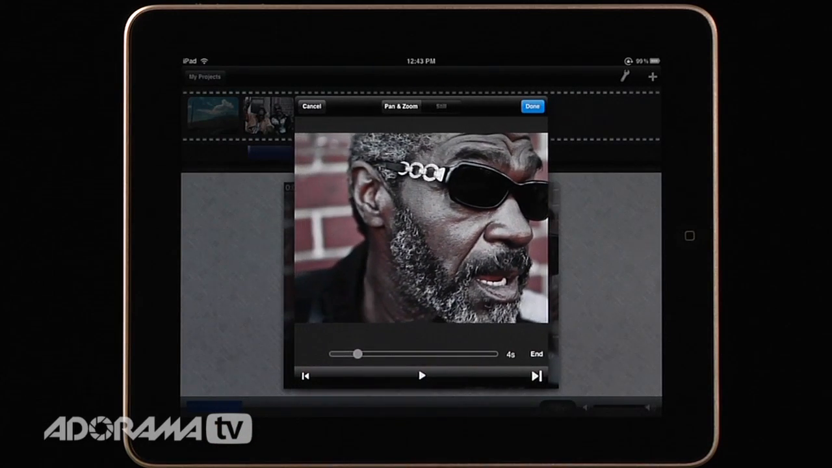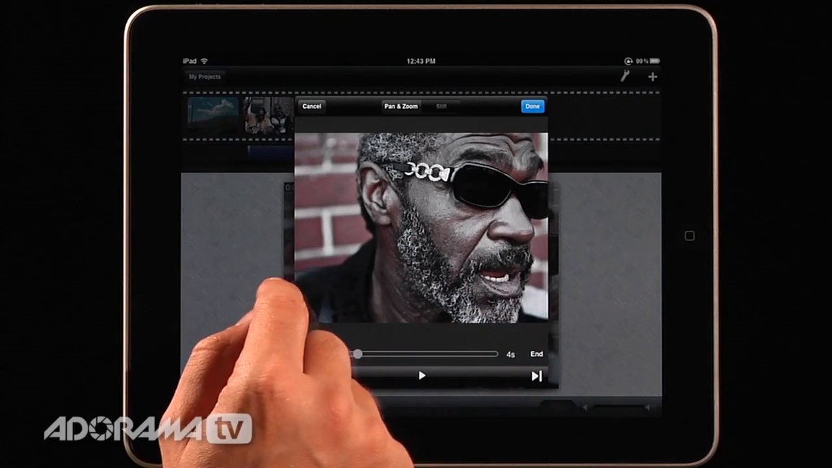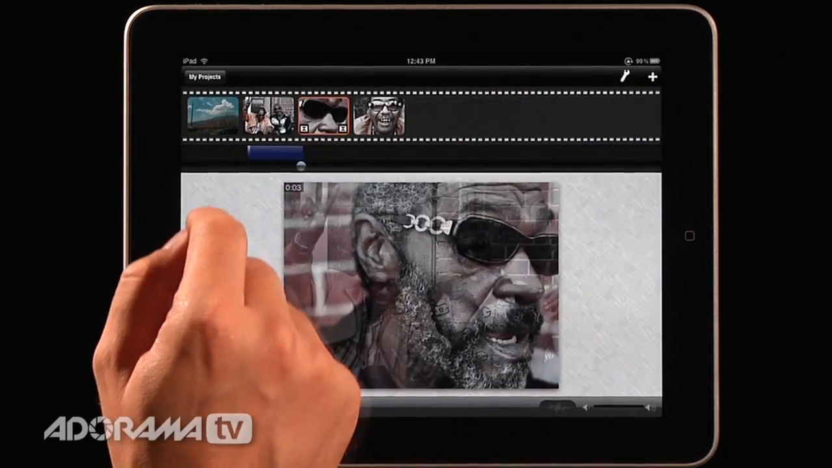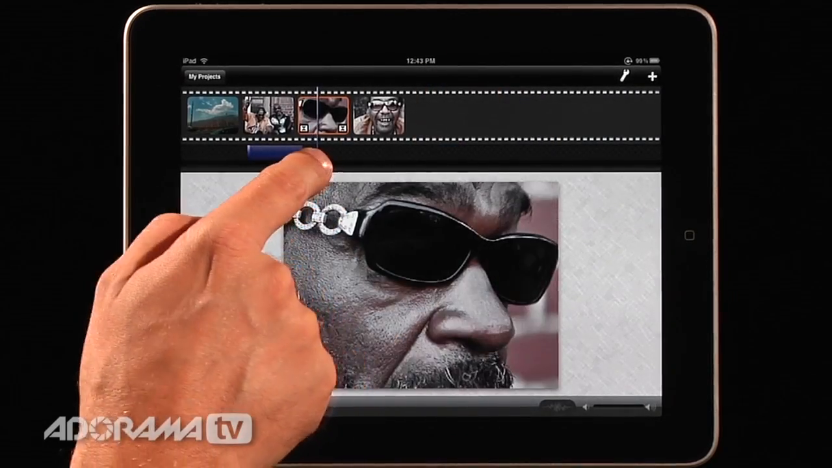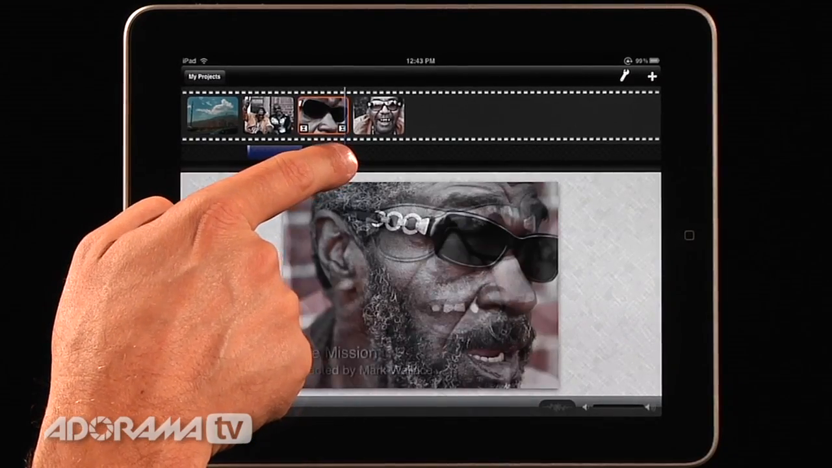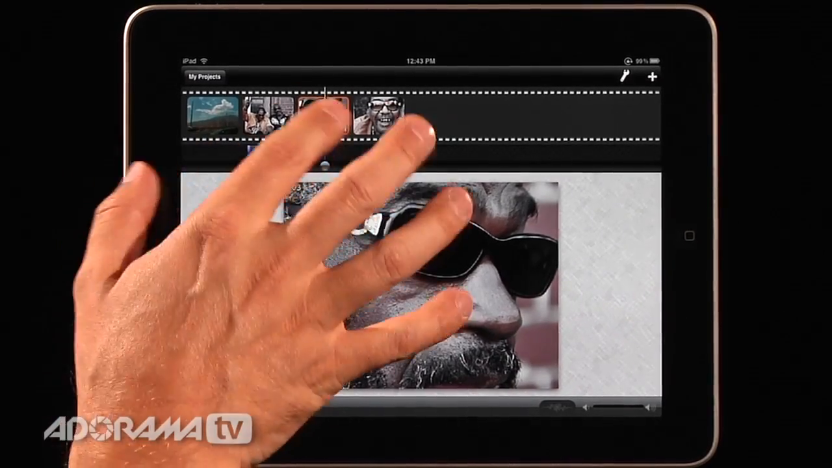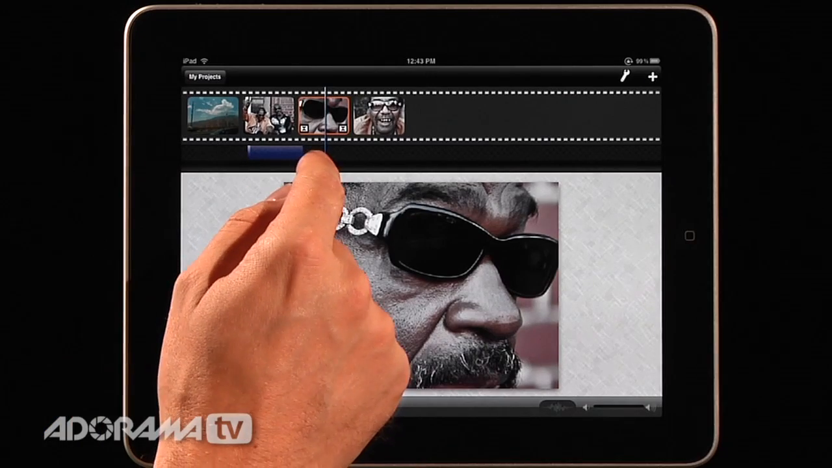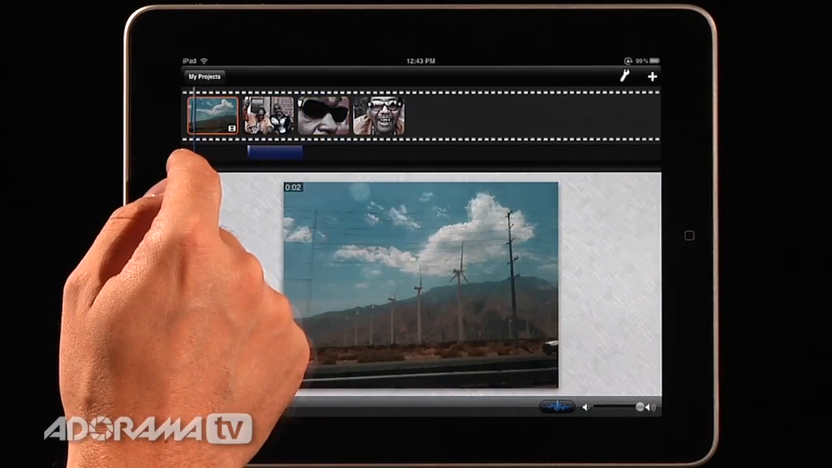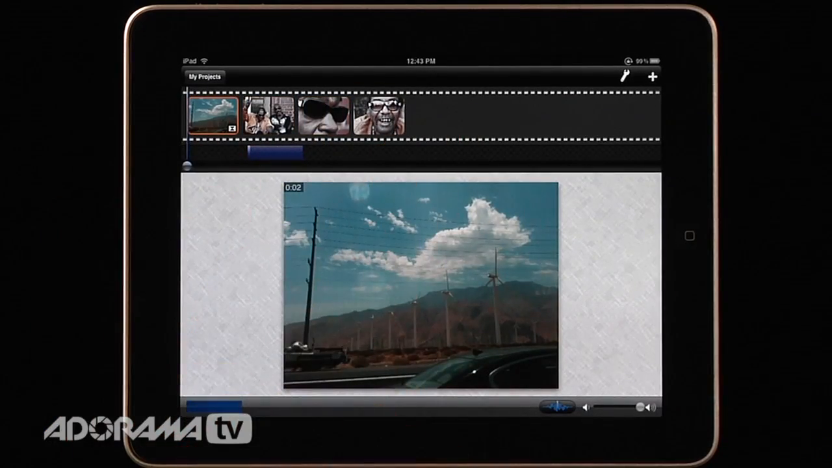I can adjust the timing of that and all kinds of things right here in this dialogue. And so I'll say done. And now when this plays, it's going to start with his face zoomed in and it'll pan out. So you can do all kinds of things like that, not just with stills, but with video as well. So now that we have just a very basic video put together, I want to do one more thing,